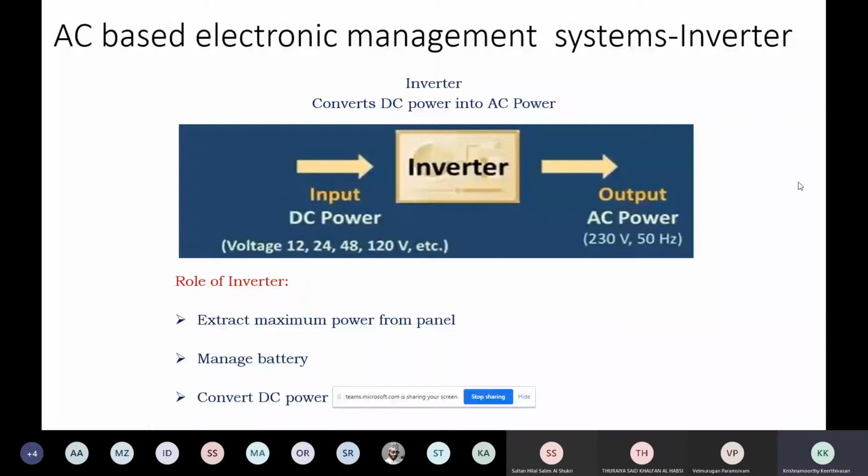And what is the role of inverter? You see, today full day you are not at home, your solar panels work, and all the light energy, heat energy converted to electrical energy is stored in your battery. Okay, fine. And today evening you have to extract the maximum power. While storing the power, it should extract maximum power from the solar panel. That is one thing. And it should manage the battery. And the important work is it should convert the DC power stored in the battery into AC power, direct current electricity into alternating current electricity.